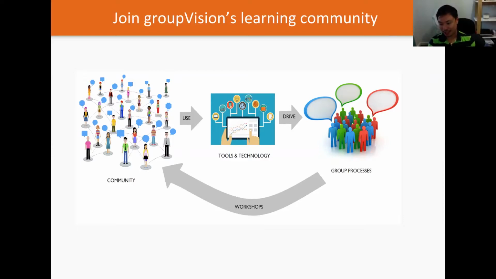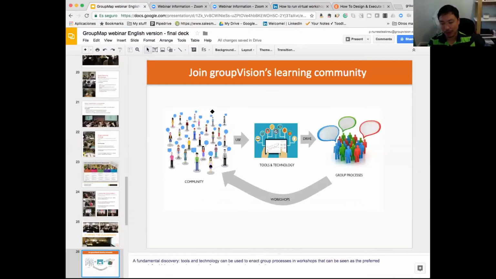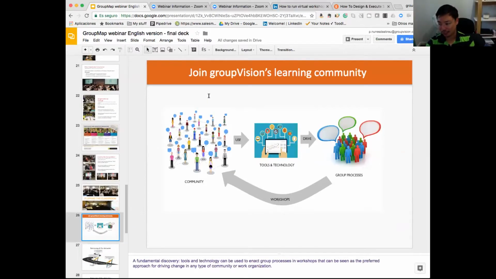But I really think that the thing that is different, and part of why we've built the technology that way, is to ensure that we've got the ability to customize the process flow of how people go through the journey of making a decision in real life using technology. So for example, with dot voting, if I was doing it face to face and I gave everyone 5 little sticky dot votes, as I'm going around doing my dot voting, I can see where other people have dot voted, and that actually influences my decision making. And that's not actually what you want. The quality of the outcome gets compromised because of groupthink.